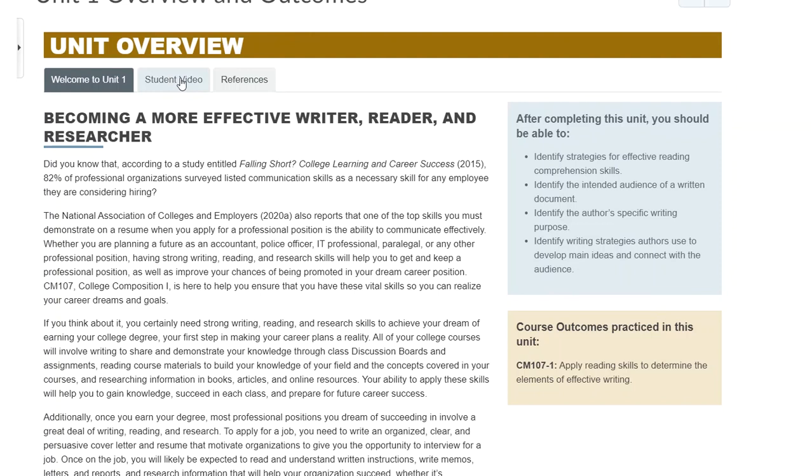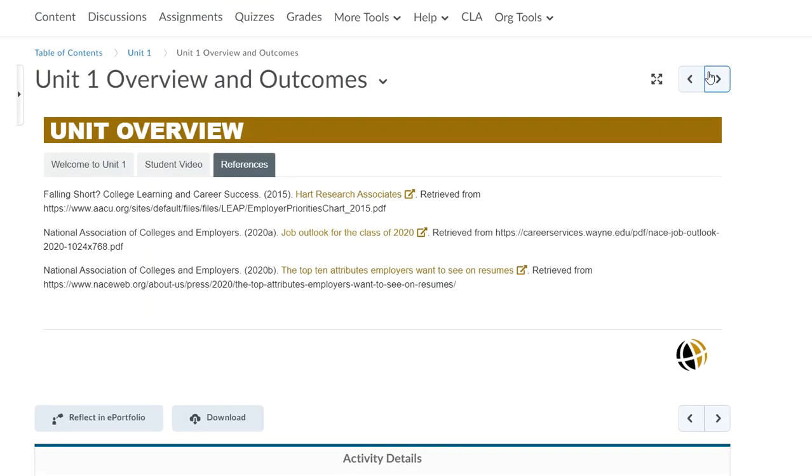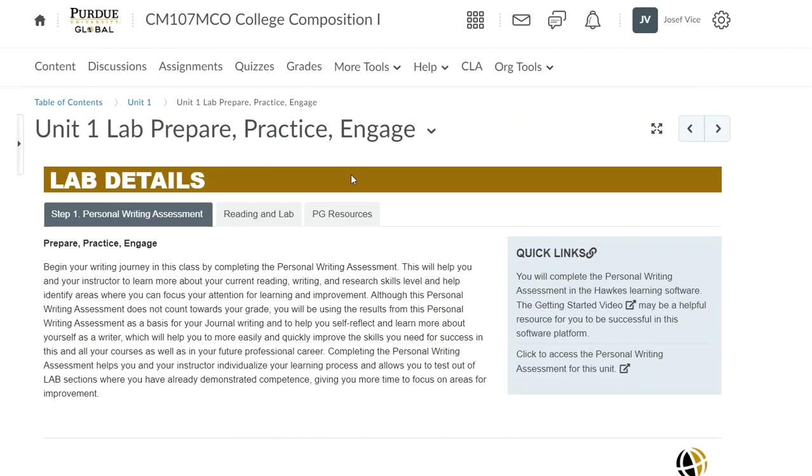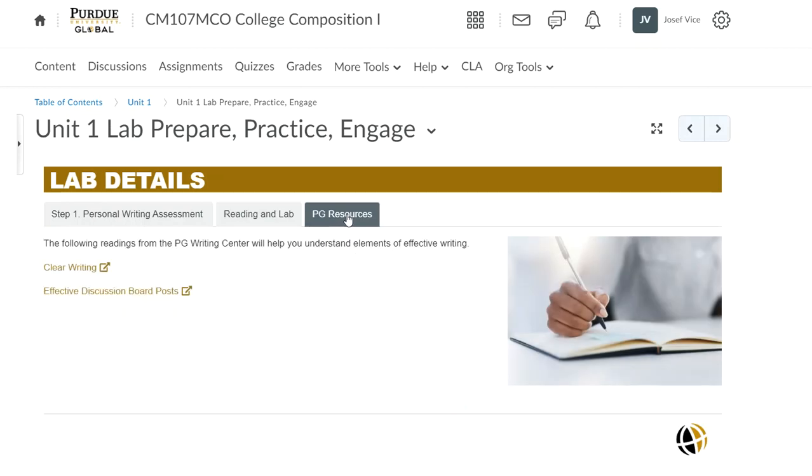So students click very quickly and easily from the welcome to a student video to some references material. And then as they move into other material in the unit, for example, the Hawks material, they have a tab system where they move from a general introduction to the lab material in Hawks to the specific information about what's going to be going on in the Learn material in the lab, and then some quick links to some PG resources. This is a really nice new version of the course, and that the university is moving towards anyway, and